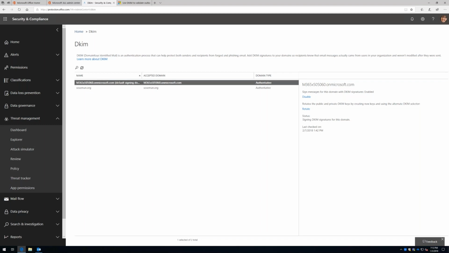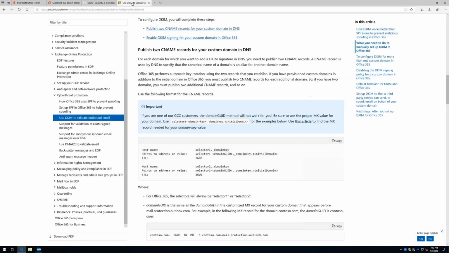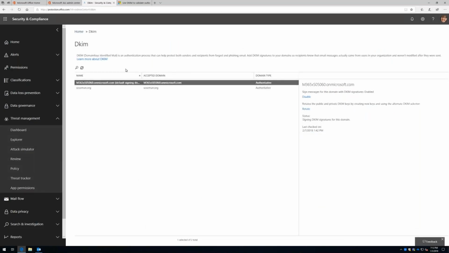So keep this in your back pocket. DKIM is extremely powerful. I could spend all day talking about this and going really deep on how it works, but I only have a few minutes with you guys. But this is one of the things I wanted to bring up. And of course, if there are any questions, feel free to put them in the chat window, and Sean will let me know here, and we'll get those answered for you.